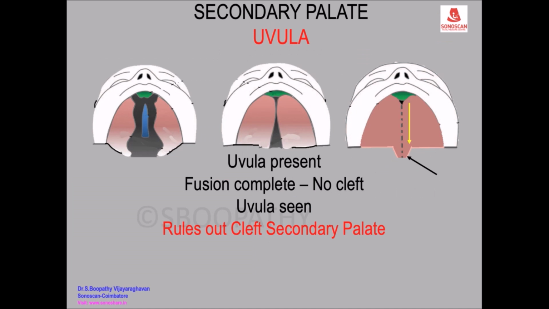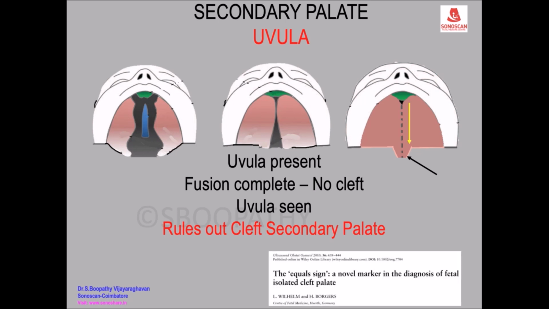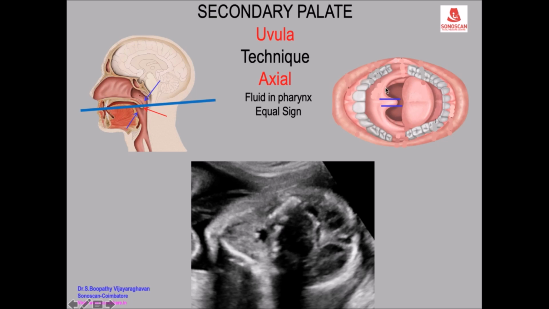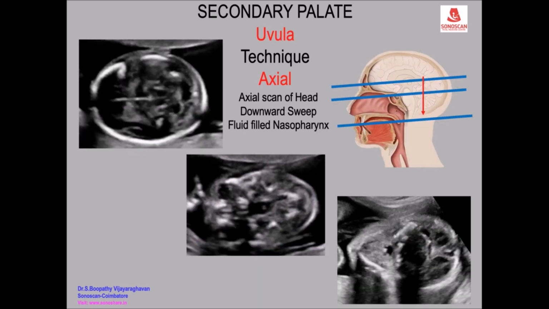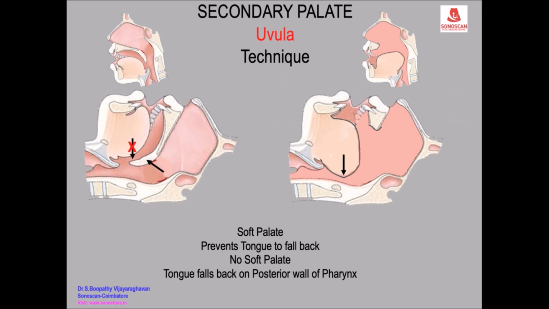This is the thesis based on which this paper was described. They described an equal sign because it is surrounded by fluid. Then first echo is on the near surface, and there is an interface between fluid and the uvula and the nasopharynx, and in the fluid filled nasopharynx you see the uvula as an equal sign. Okay, it is free to fall back to the posterior wall of the pharynx. So when this is present, this will be visible as glossoptosis.